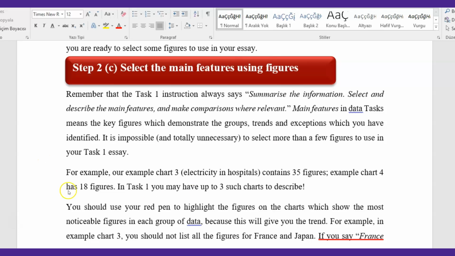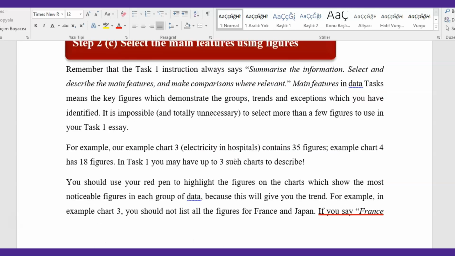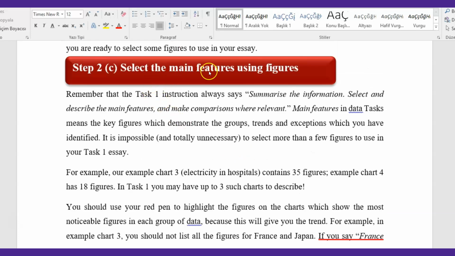In part 1, we talked about step 1 and half of step 2, actually grouping the data and then identifying trends and exceptions. And now we are going to select the main features using figures, right? Numbers. Remember that task 1 instruction always says summarize the information, select and describe the main features, and make comparisons